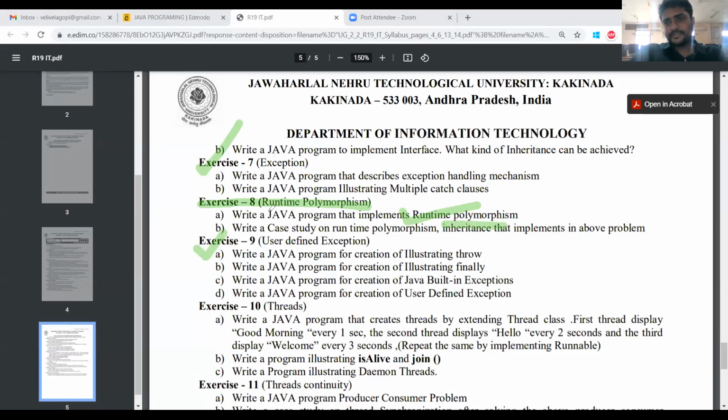So let us check exercise 8 now. The 8th exercise consists of runtime polymorphism. Runtime polymorphism is nothing but dynamic method dispatch. Polymorphism means more than one form.